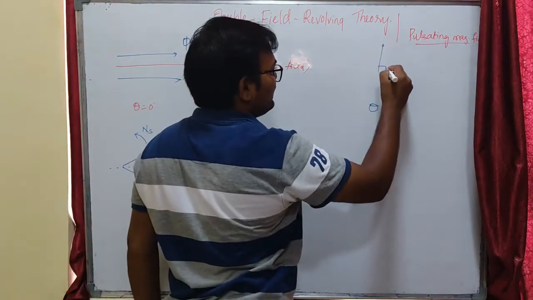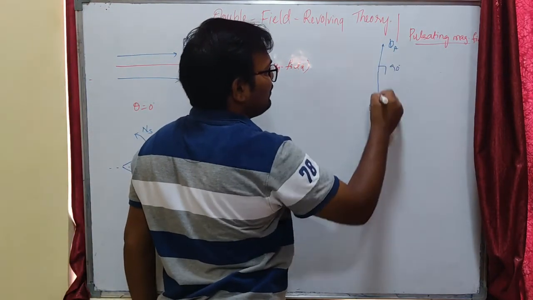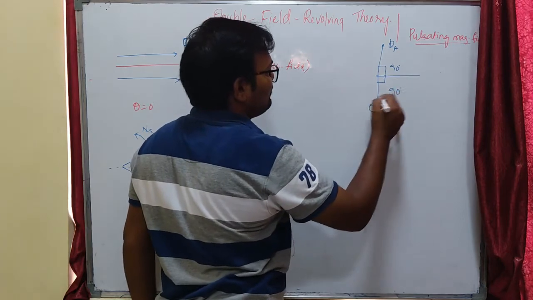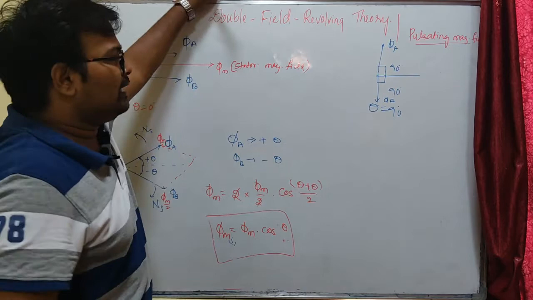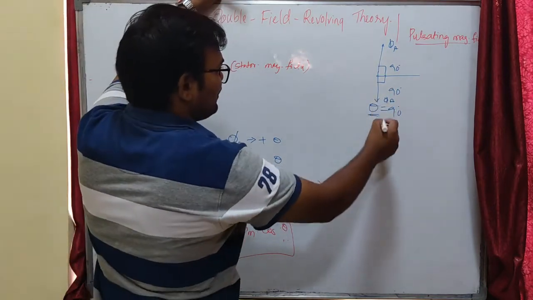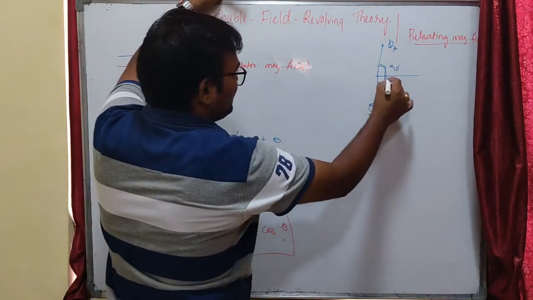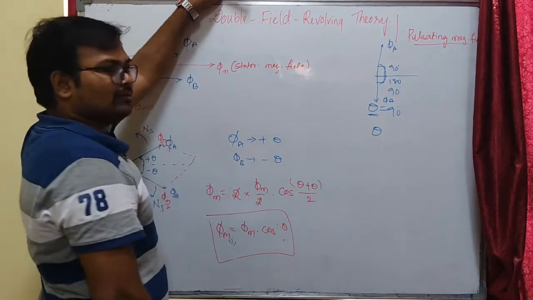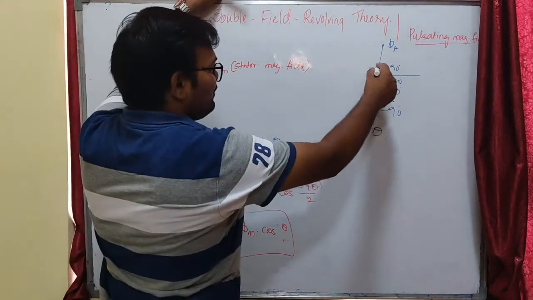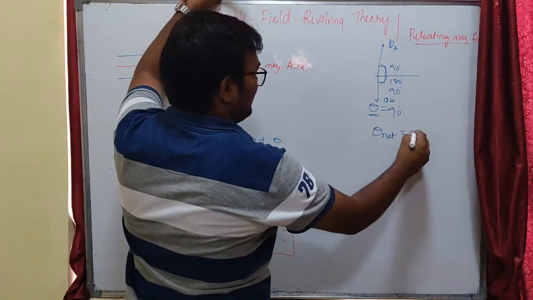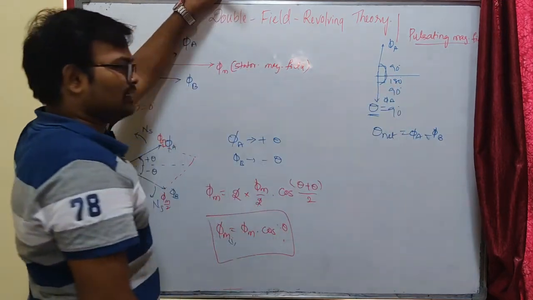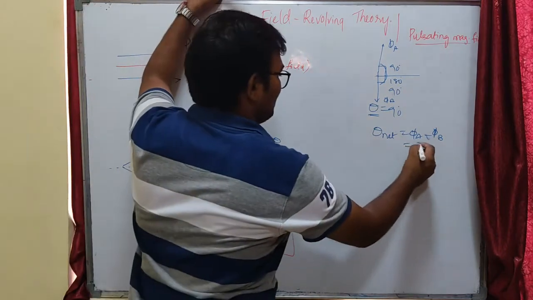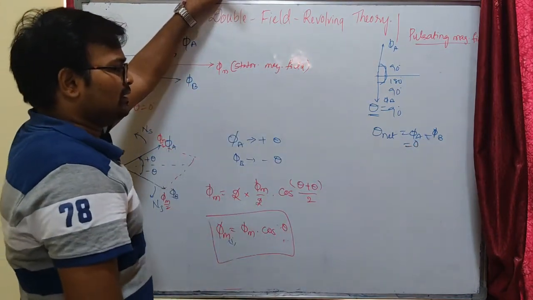Phi A is rotated 90 degrees, and phi A and phi B rotate anti-clockwise and clockwise with an angle of 90 degrees. So this is the phasor position now at an angle of 90 degrees. At 90 degrees, our phi A and phi B are at a total angle of 180, that means the sum will be 0. Because they are equal and opposite, the sum will be 0. The phi net equals phi A plus phi B, and because they are 180 degrees away from each other and equal in magnitude, that will be 0. So at theta equal to 90, that is 0.